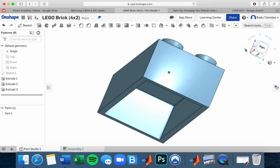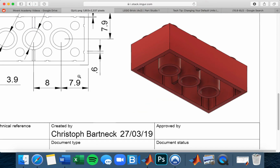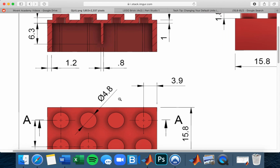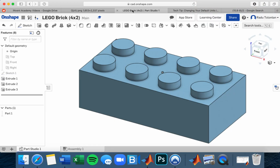As you can see, there is a wall, a top part on the Lego brick, as well as the distinctive 2x4 pattern on top of the Lego brick. Before I leave you, I want to show you how to add another feature, and then I will let you finish this brick by yourself by adding these interior webs. We will add together the last 8 little holes that go inside of the Lego brick. And then I will let you add these features by yourself, these webs that help the Lego brick connect to other Lego bricks. To add the dimples, we will go to the bottom view,